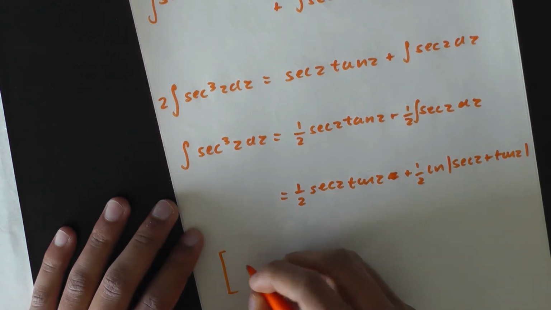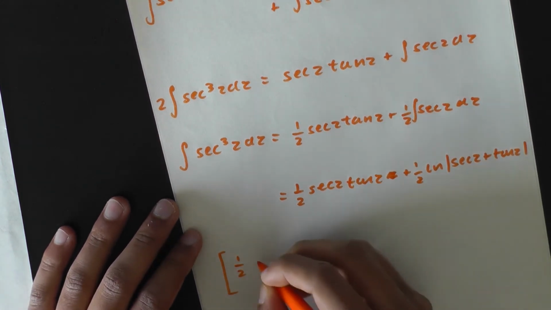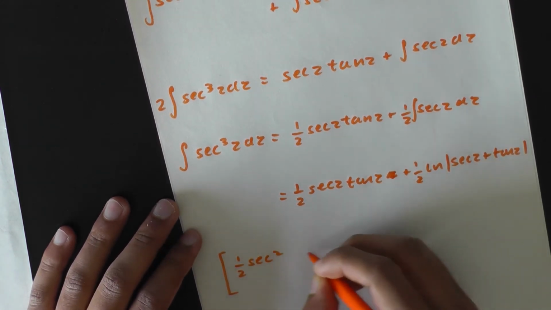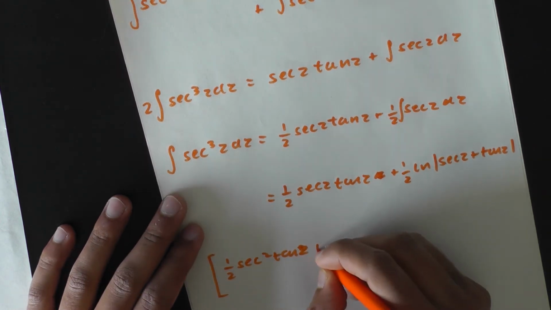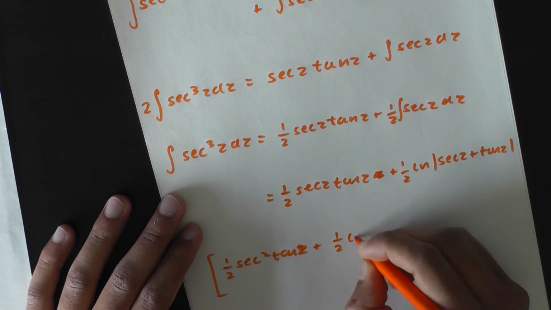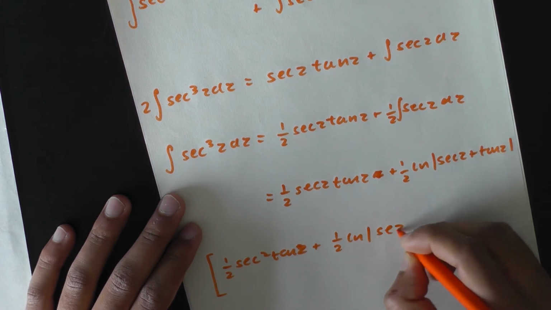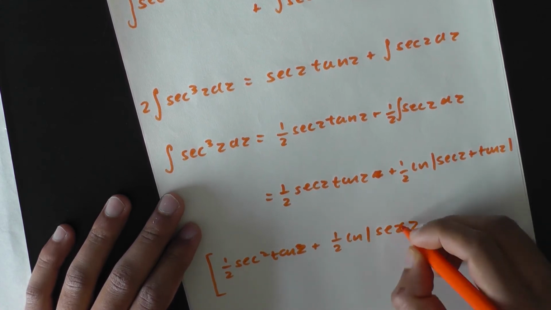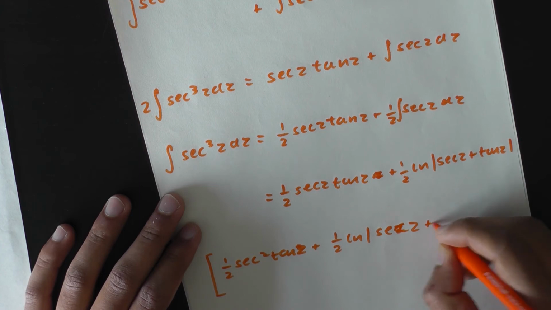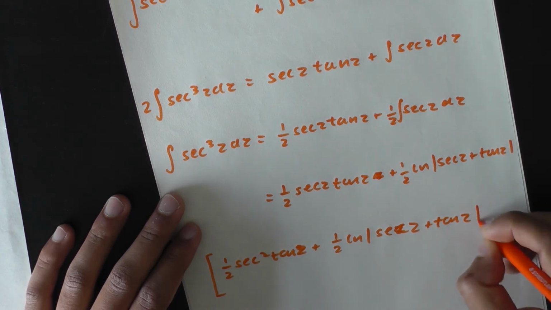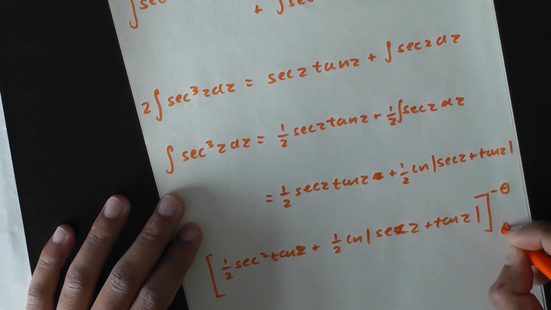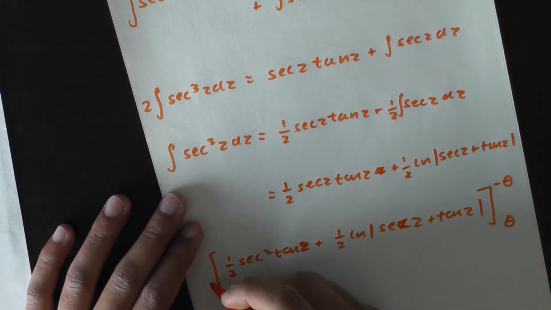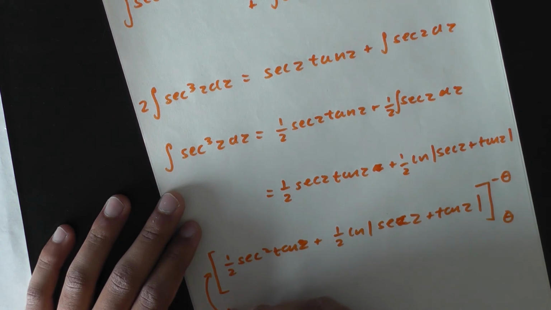So I've got half sec z tan z plus half ln sec z plus tan z between minus theta and theta, and then here we've got